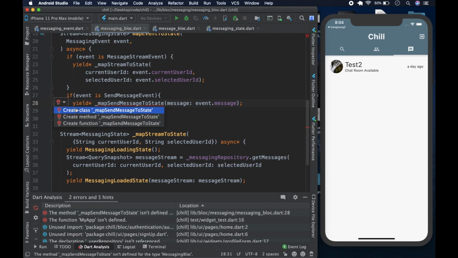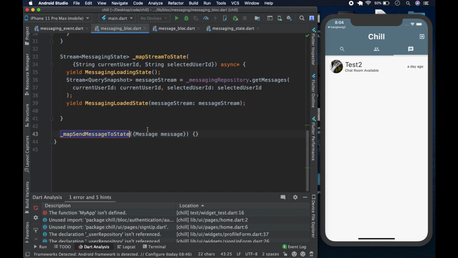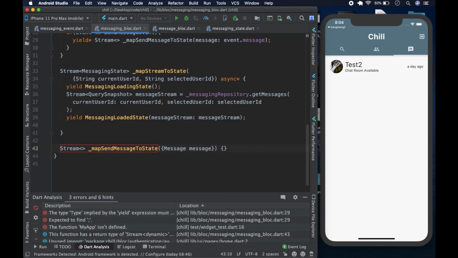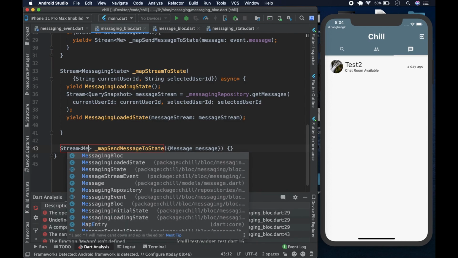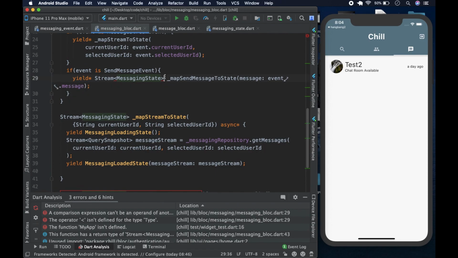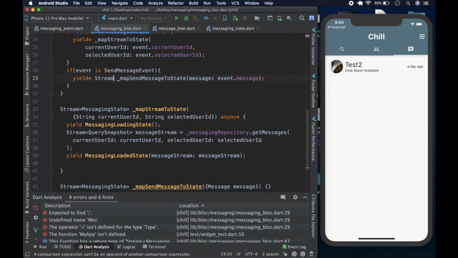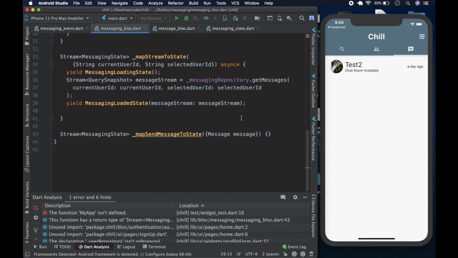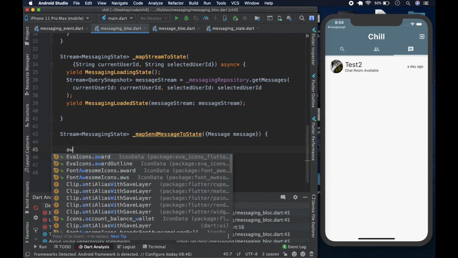And we can come here and we can create the method. And how we do that is we come here and hit that, and here we can tell it more about this by coming here and saying stream is going to be, you guessed it, messaging state, like so. And we could get rid of this up here, come back down here, and we could simply await.